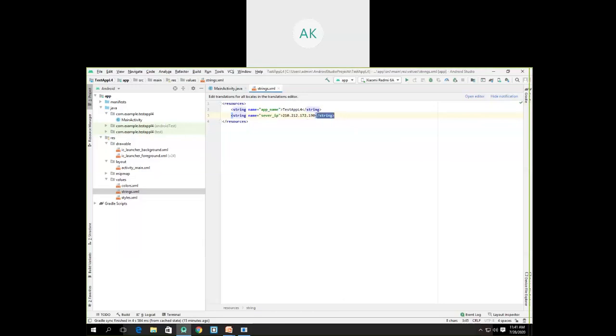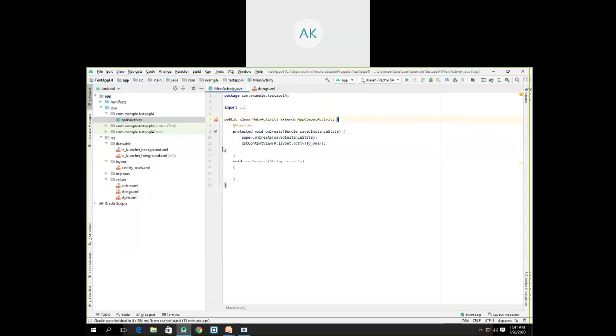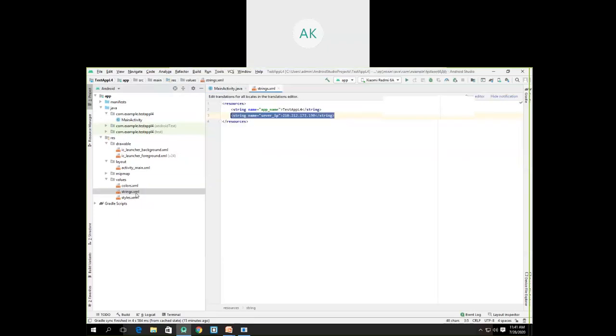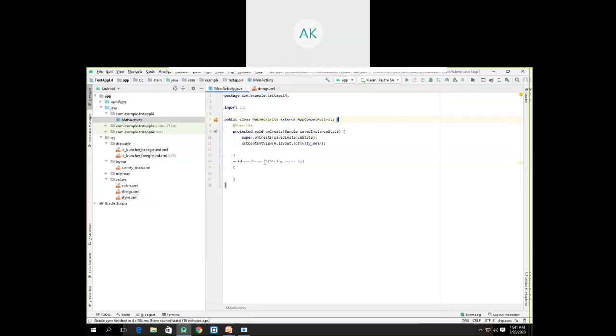I have just declared it once and I can refer to it multiple times. If I want to change the value of the server IP, I will just change it at this single place and it will be reflected everywhere else. For example, if I want to refer to this, I'll be referring to it in this way.